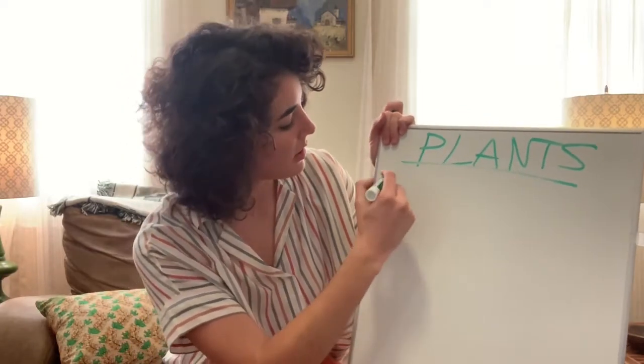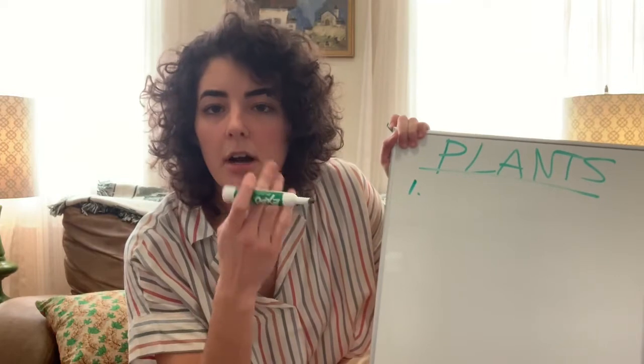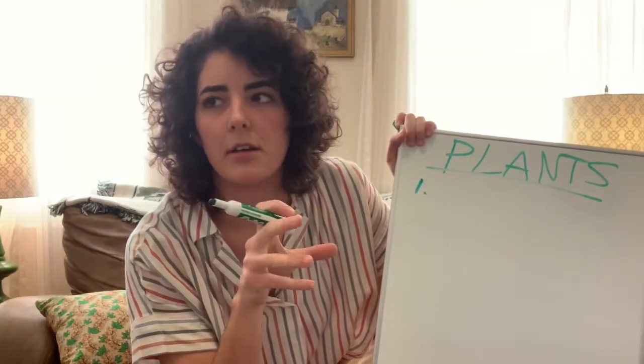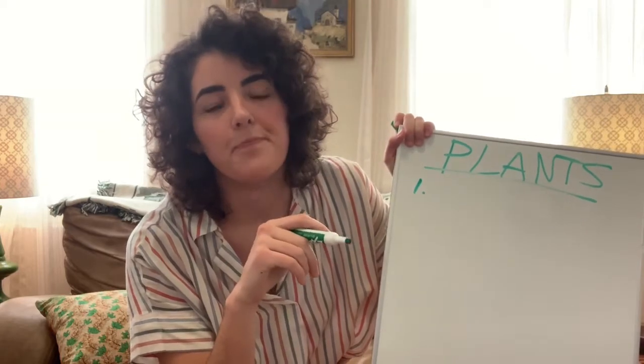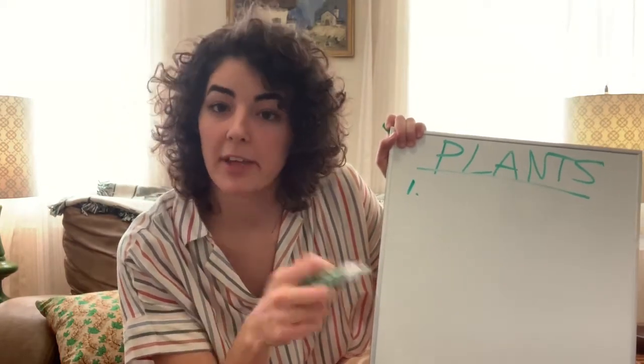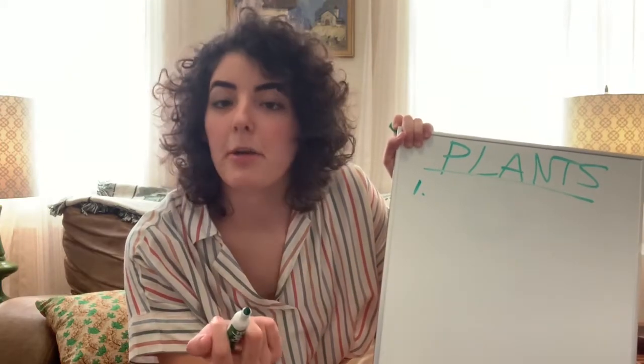Plants are classified based off of their body structure. So if they have special, real plant parts, like leaves, stems, and roots and stuff, their vascular system, if they have one or not, which is what we're going to talk about, and also how they reproduce.